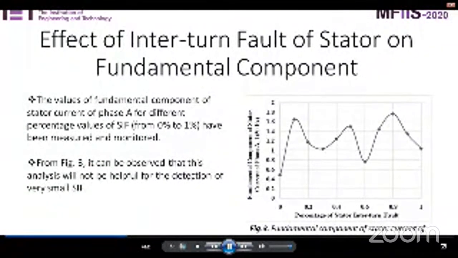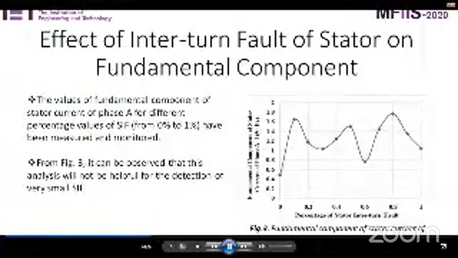Effect of interturn fault of stator on fundamental component. Similarly, for different percentage values ranging from 0% to 1% of stator interturn fault, the values of fundamental component have been measured for monitoring and the same has been shown in figure 3. From figure 3, it can be observed that this analysis will not be helpful for the detection of very small stator interturn fault, as the value of fundamental component goes on increasing and decreasing simultaneously with increment in percentage